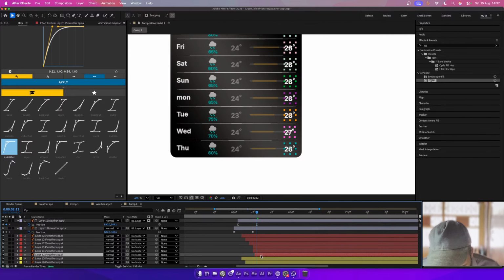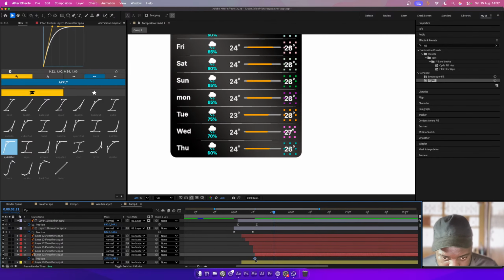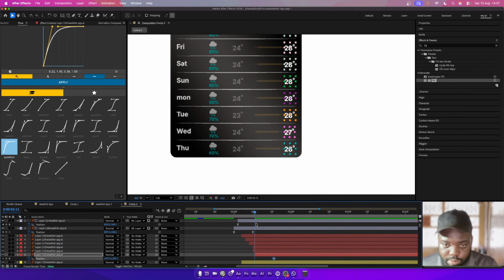So this is one, two, like that. And open up my position again, make a keyframe, move that back, send this back to here. And now at the beginning of this part here, I'm going to do 75 plus 40,